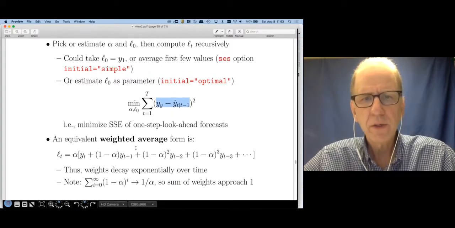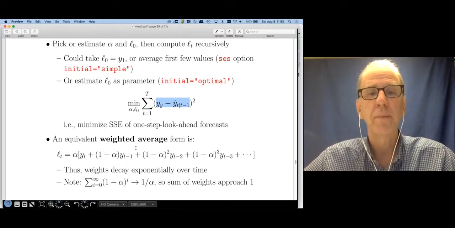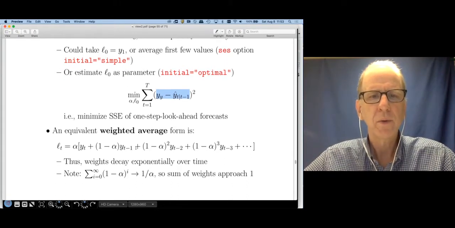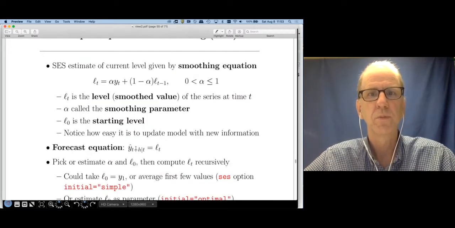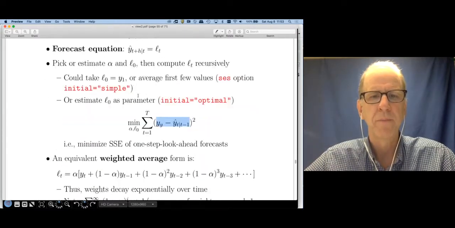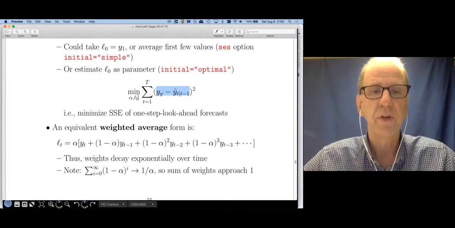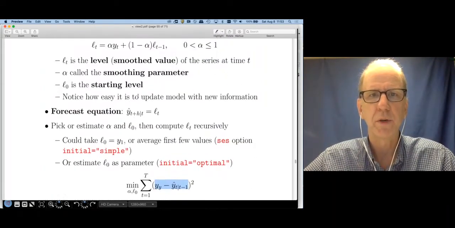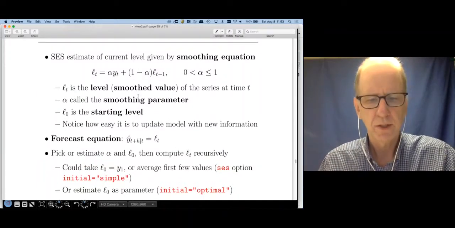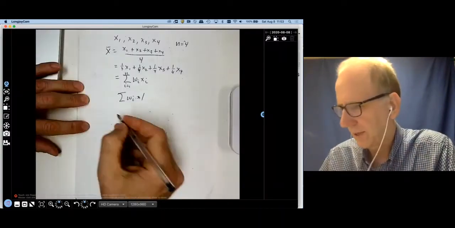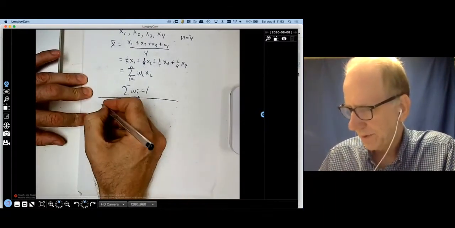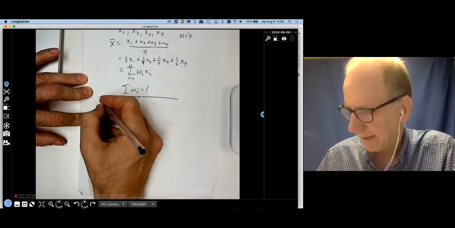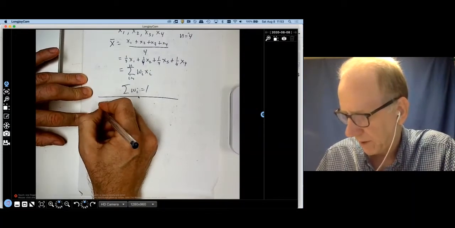Okay, earlier I mentioned there's a couple ways to describe SES. Another way to describe this that's equivalent to the smoothing equation that I gave up above is what's called the weighted average approach. I want to go into some detail about this weighted average approach. Let's derive this off to the side here. So let's begin by stating my recursive